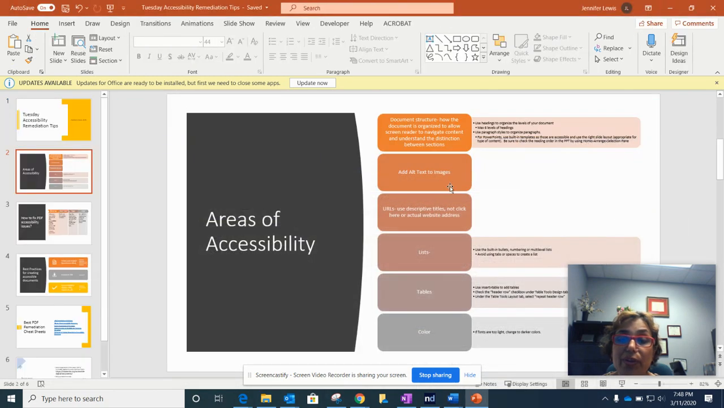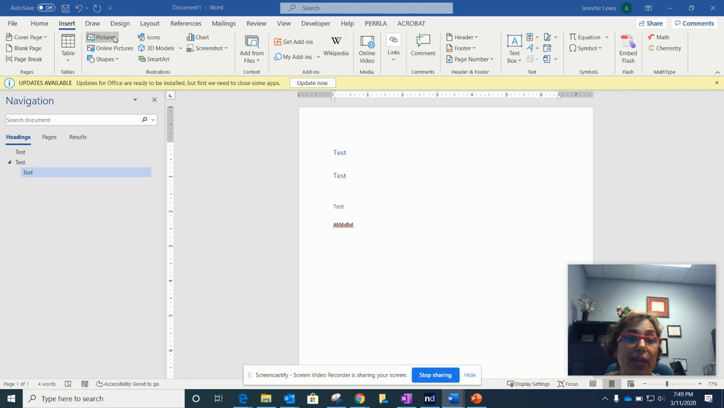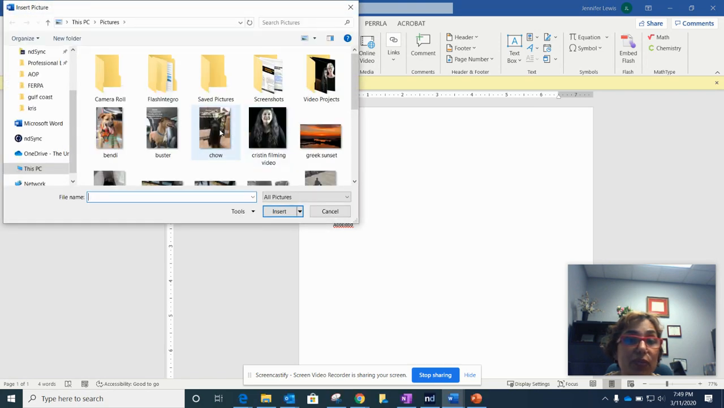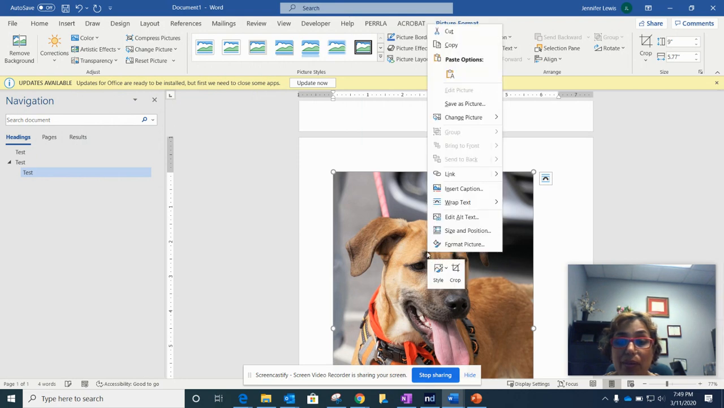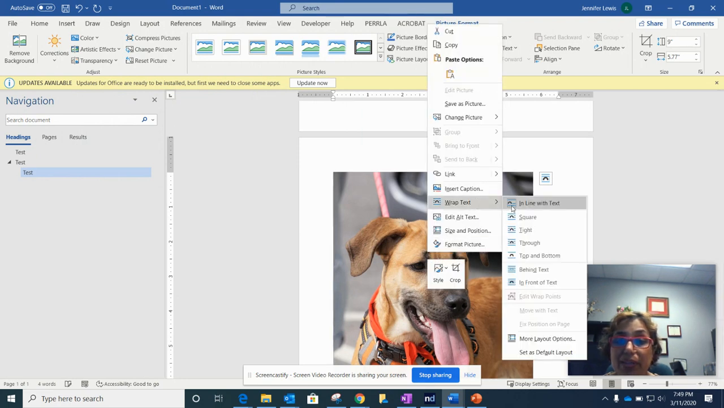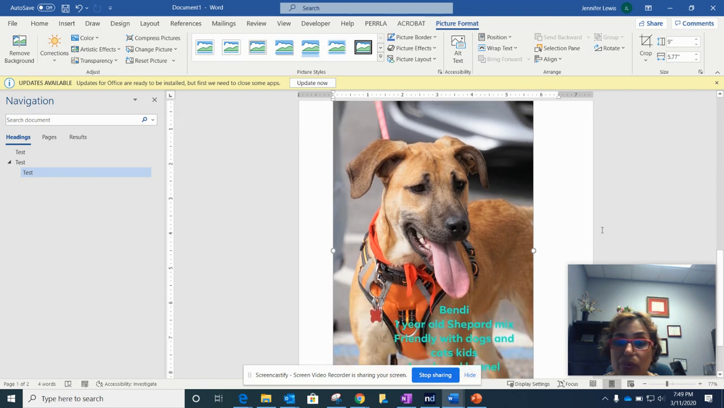So the next thing you want to look at is adding text to images. If you have an image that you're putting in here, let's say we insert a real quick image. It doesn't have to be anything, just this dog picture. Well, it needs to have some alt text on it. So what we're going to do is scooch down